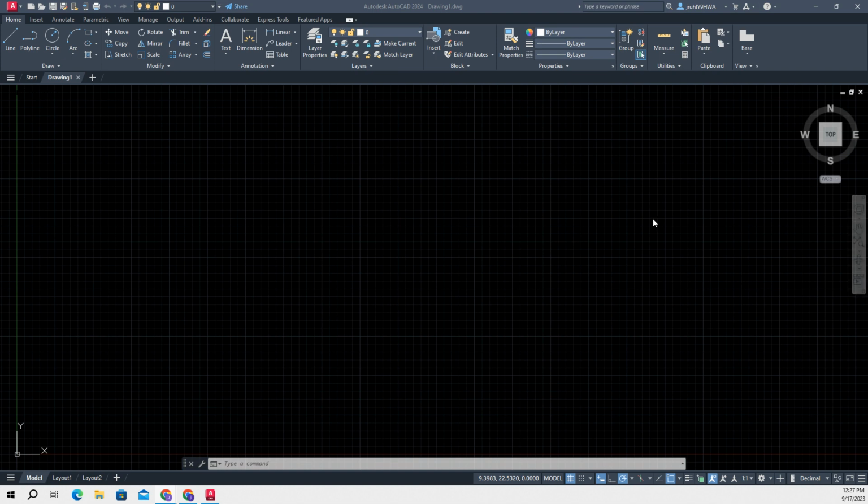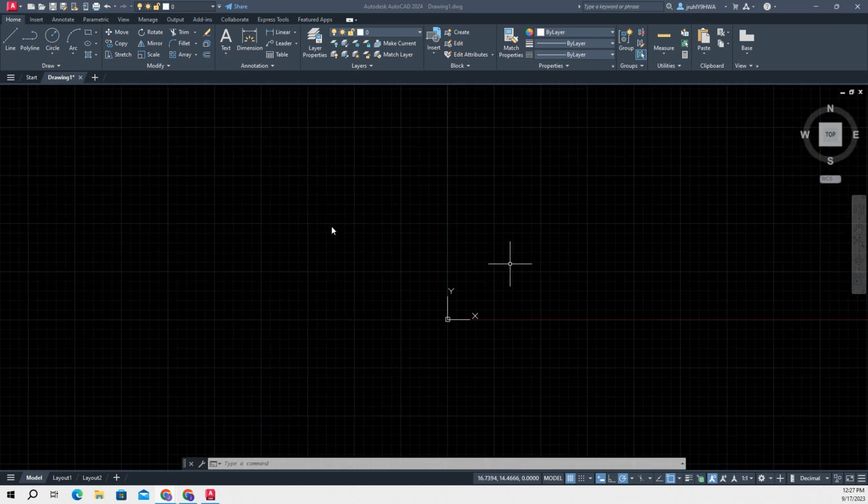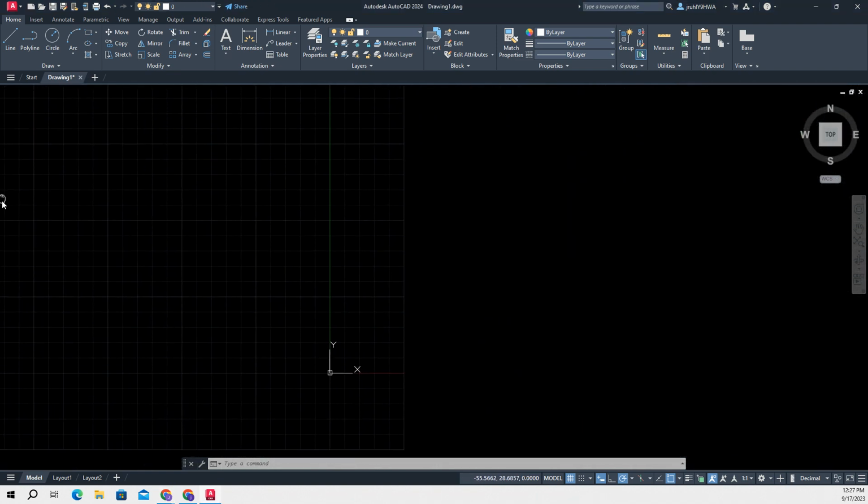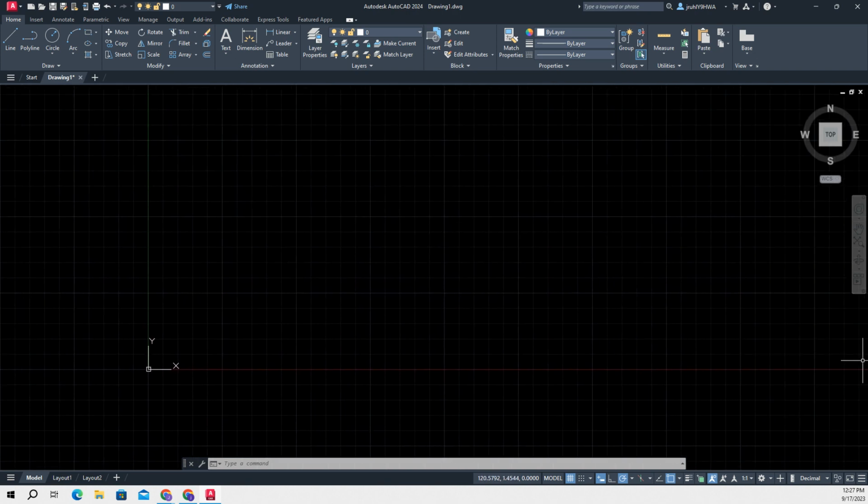is 2.5. So the best thing to do if they don't give us specific points, we just start with our rect. Remember, now we can start using dynamic input. So I could do rect my dynamic input, or I could click on it. They want the, let's do it at